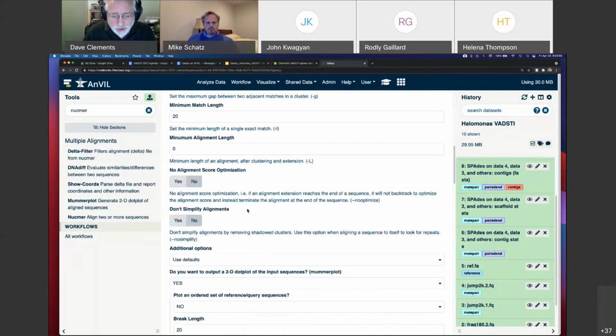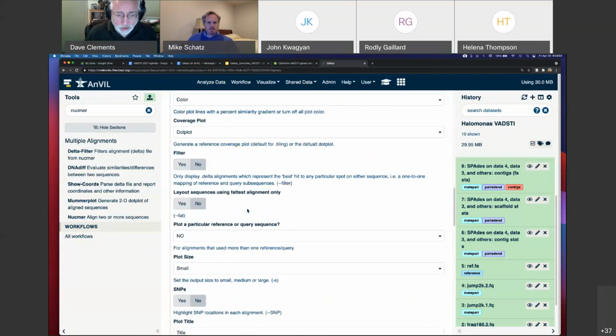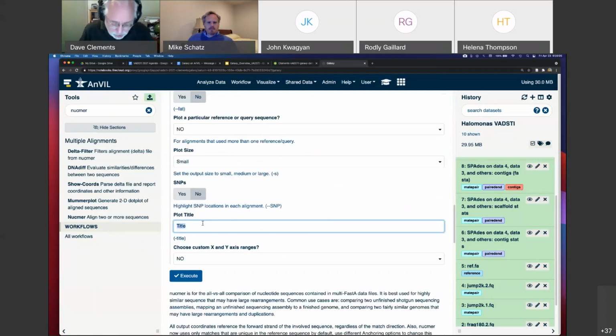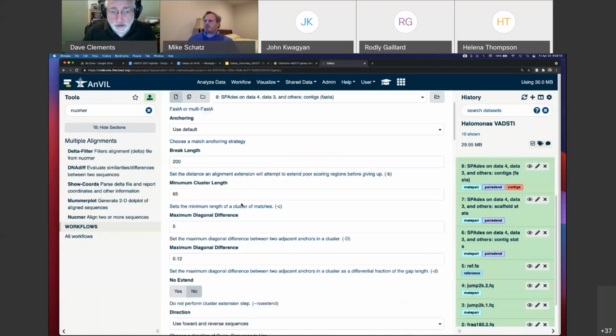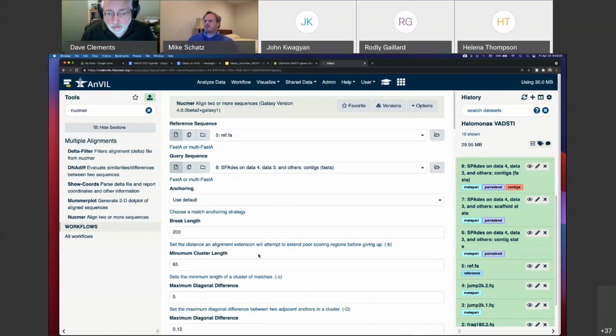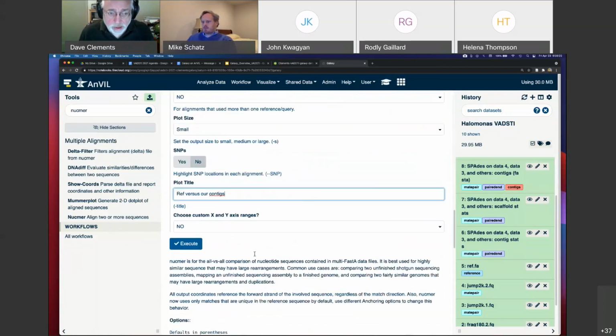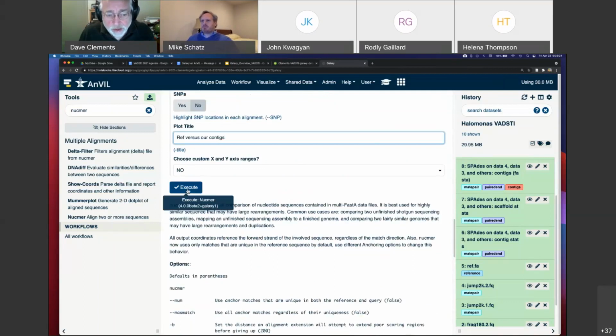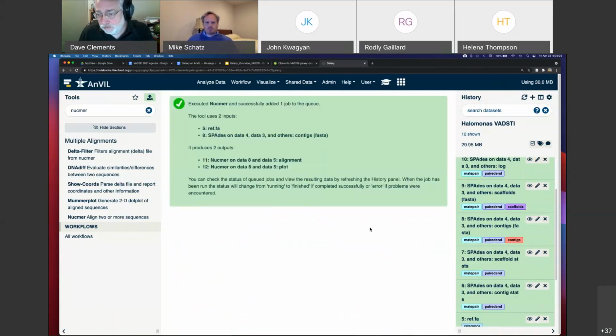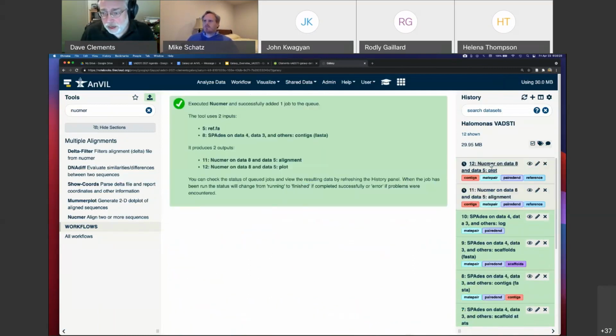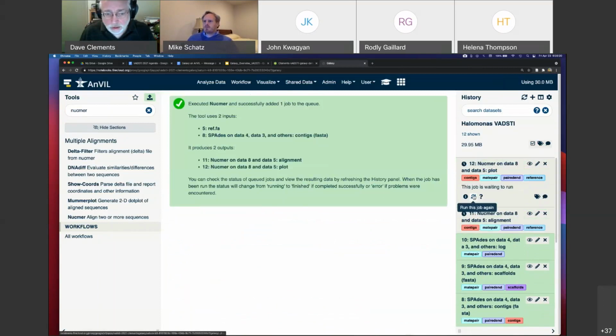Scroll. It's a pretty big form. I'm going to give it a title. Why not? Plot title: Ref versus our contigs. And then execute. So all I really changed was this and this. And I should be running on contigs. I'm going to execute. This one has a lot of help at the bottom. So if I click on that,